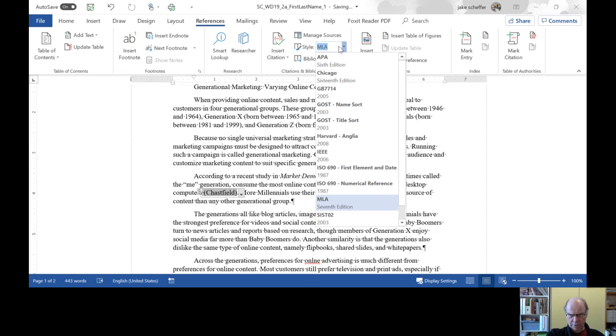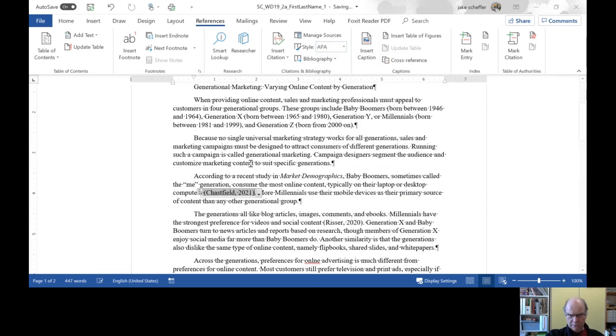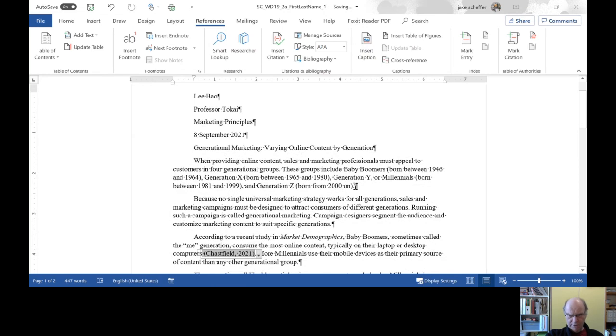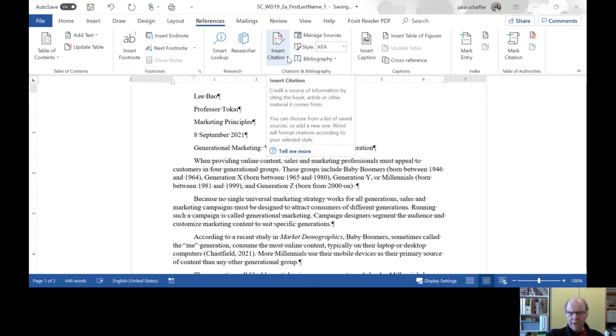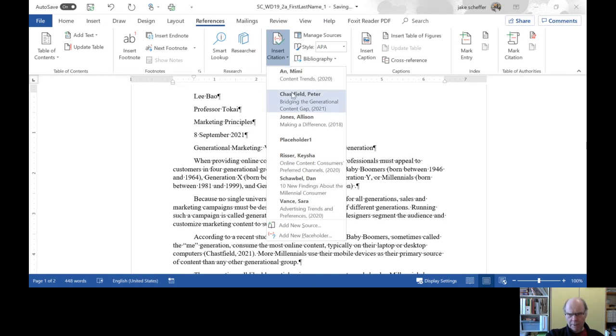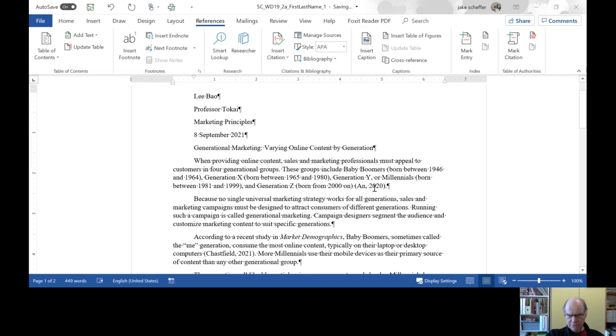So different schools use different reference styles. APA is the one for NAIT. MLA is many other schools. So we'll stick to APA for our class here so you can see what it's like. So if I need to add an additional reference, let's say I need a reference here, you typically go before a period in a sentence and after a space. I can insert a citation and I can pick the reference from the list and that reference will show up here, okay? Now, if I need to create or edit a reference, I can go into Manage Sources,